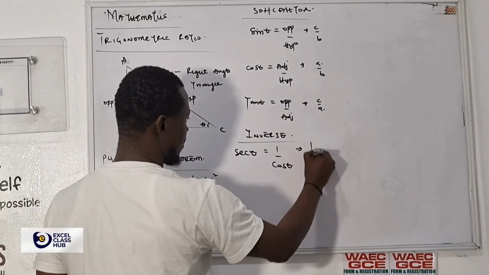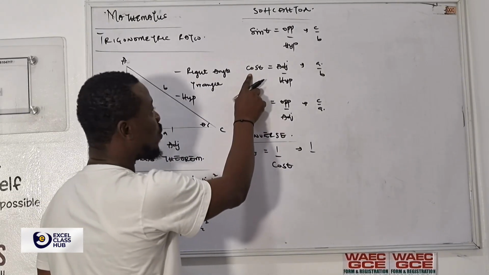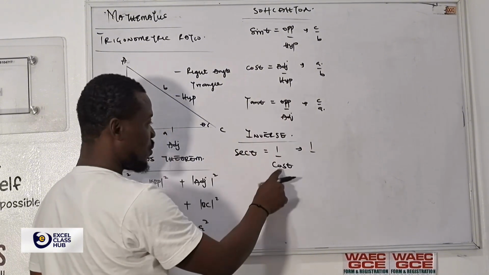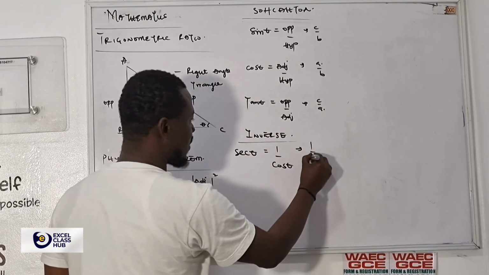Which can still give me something like this. This is your 1. Just understanding, what is my cos? Your cos is adjacent over hypotenuse. What is your cos again? Adjacent over hypotenuse. I can change this cos back to